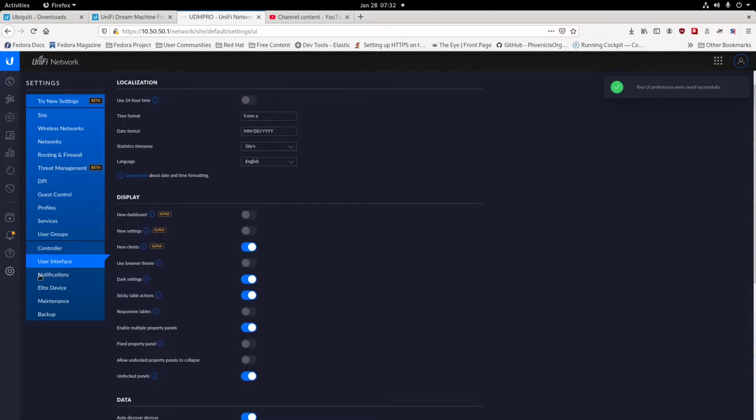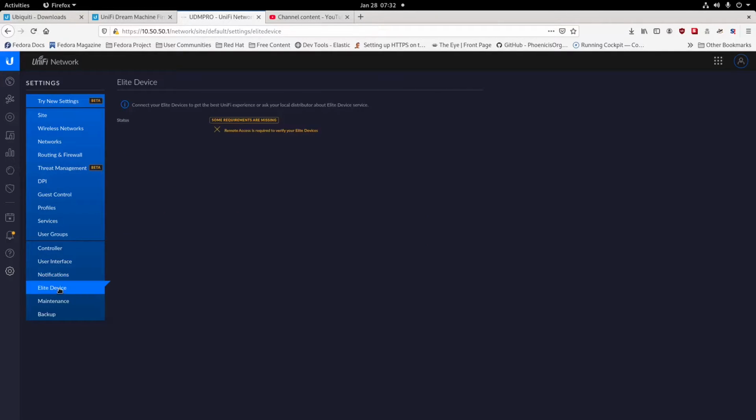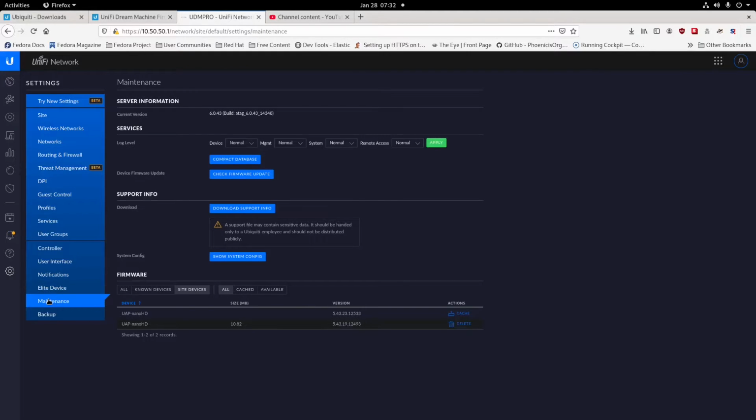Because the data just shows you notifications and tells you what you can do and all your threat management logs and stuff and how it's been pushed and what they are. Maintenance and devices, which is a good idea here to